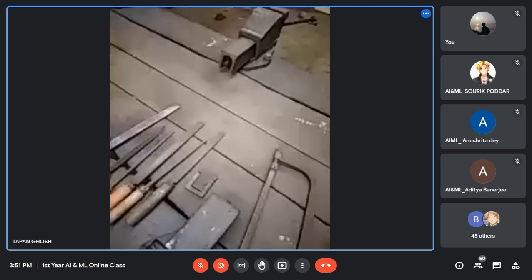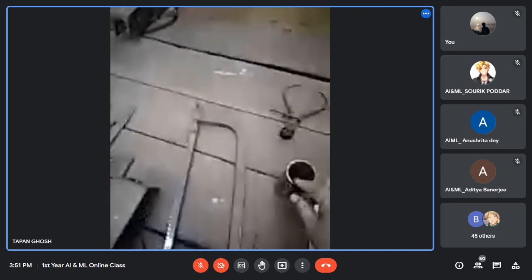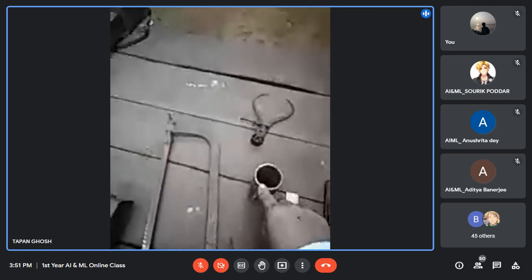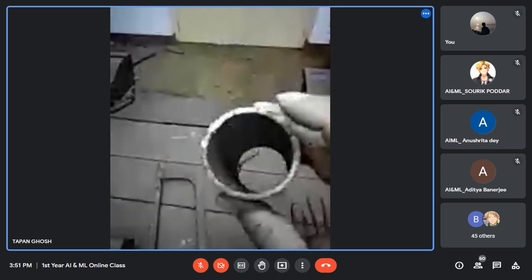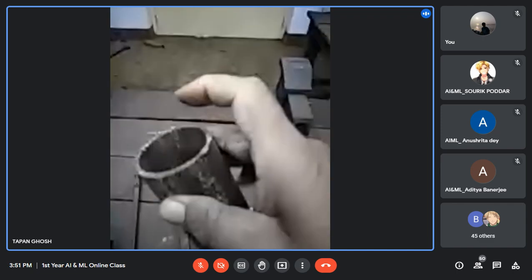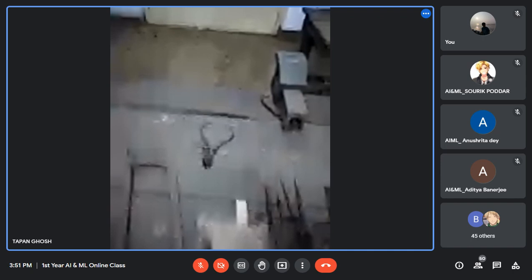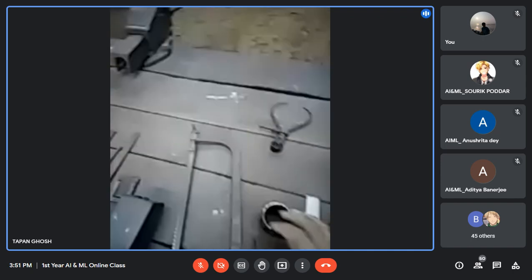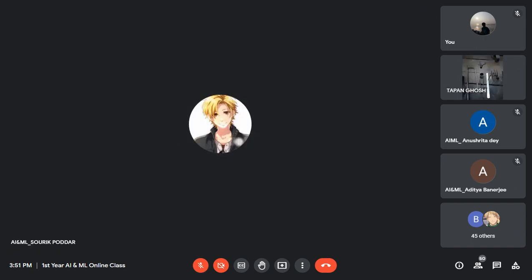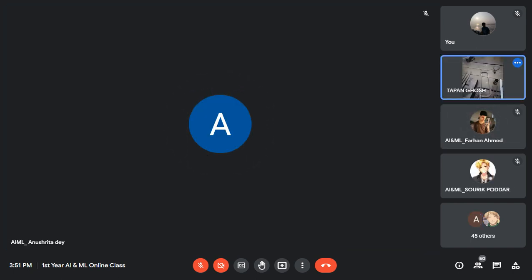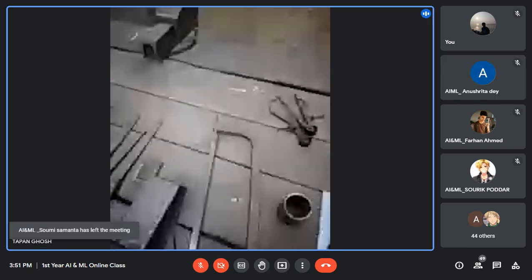If you know the outside diameter and inside diameter, you already know the thickness of the material. What is the thickness of this pipe? You see that this is the thickness. So if you know the outside diameter and inside diameter, you can easily find out the thickness. Is it correct? Yes, sir. Okay. So that is outside caliper, inside caliper.